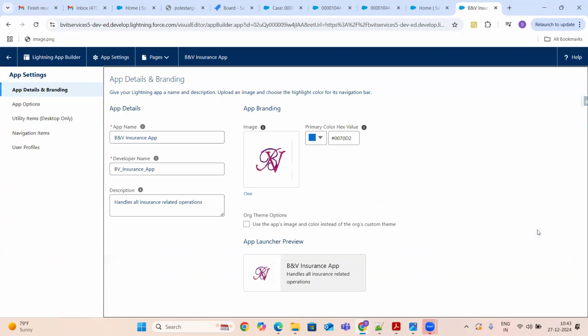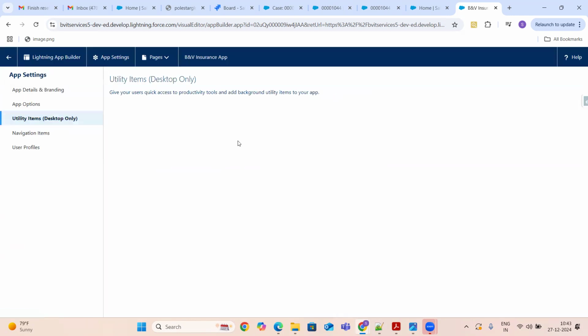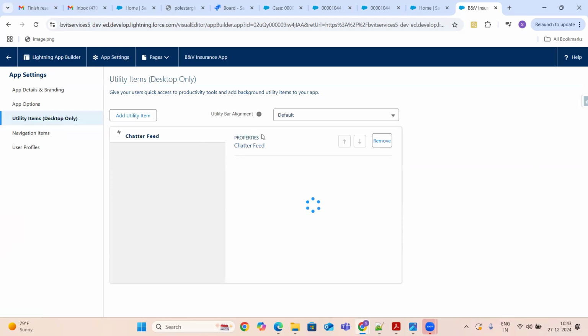It is just editing and showing the options that we have given previously. Like this is the name, this is the logo, and this is the option we have given, standard navigation, which is available in desktop and phone. And these are the utility items that we have added.